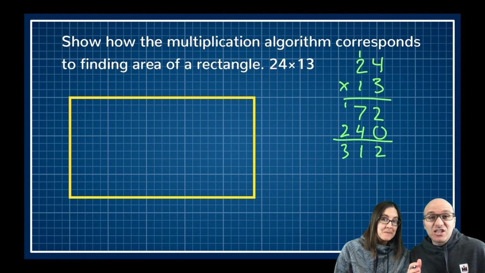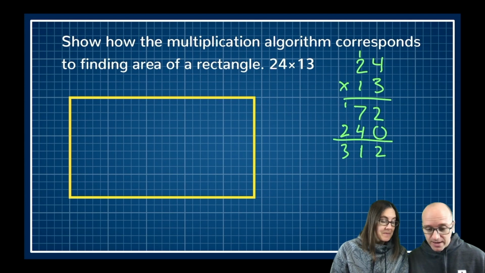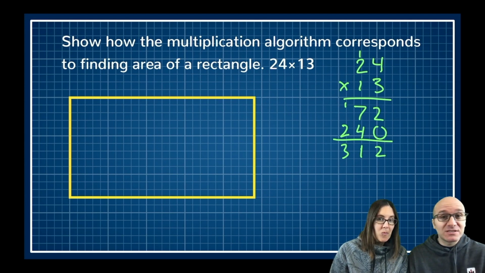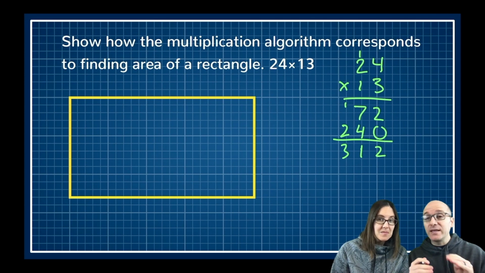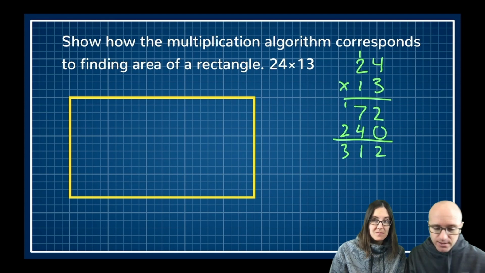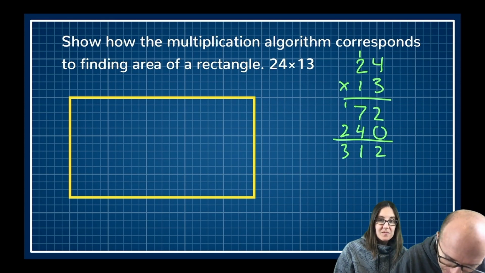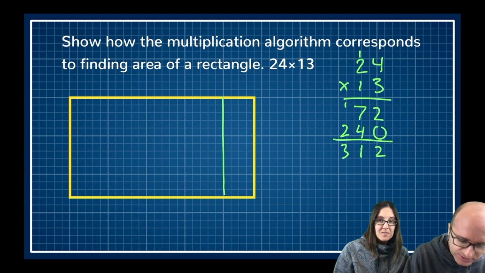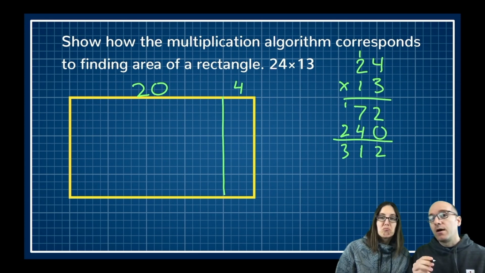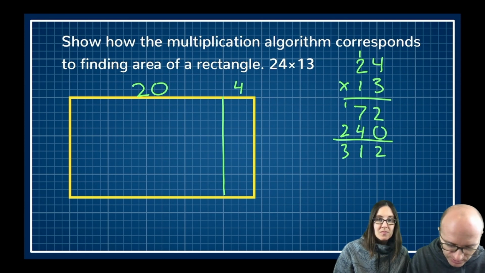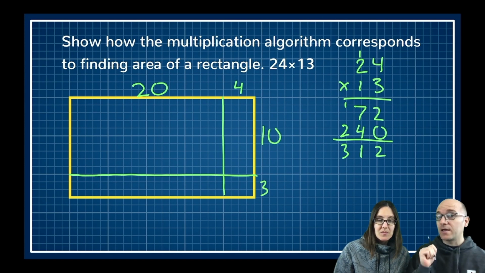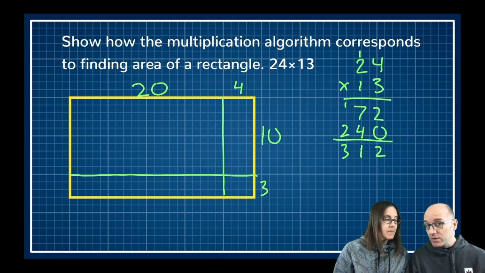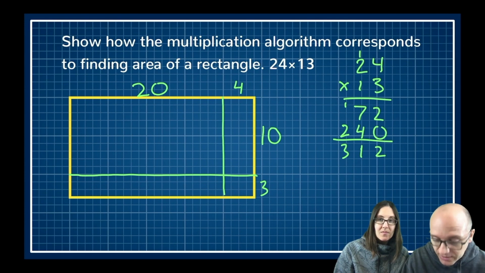Okay, so let's just see geometrically what is going on when we do that. I have this rectangle here which happens to measure 24 by 13, and I'm going to chop it up by breaking apart the 1s and the 10s. So 20, I'm just going to slice right there so that this edge, you've got 20 and you've got 4 left over. For the other side, I'm going to break it down into 10 and 3. So now we've got 4 different regions, and we should be able to find the area of each of those regions pretty quickly.